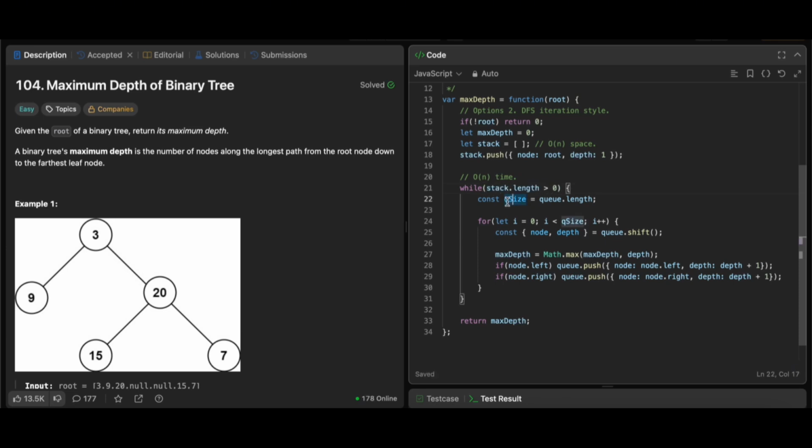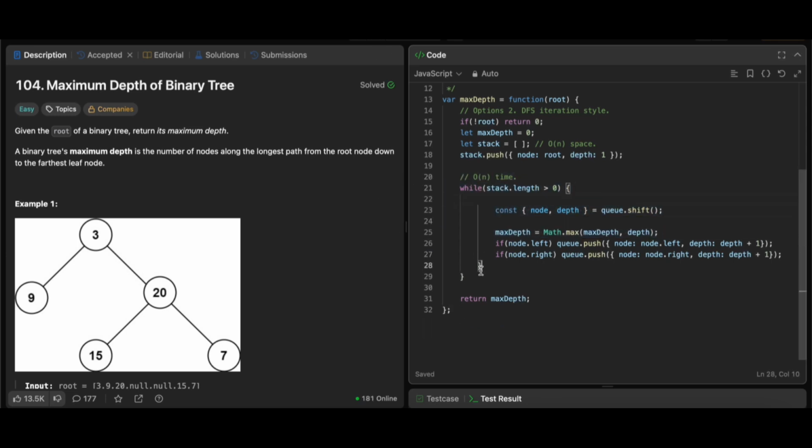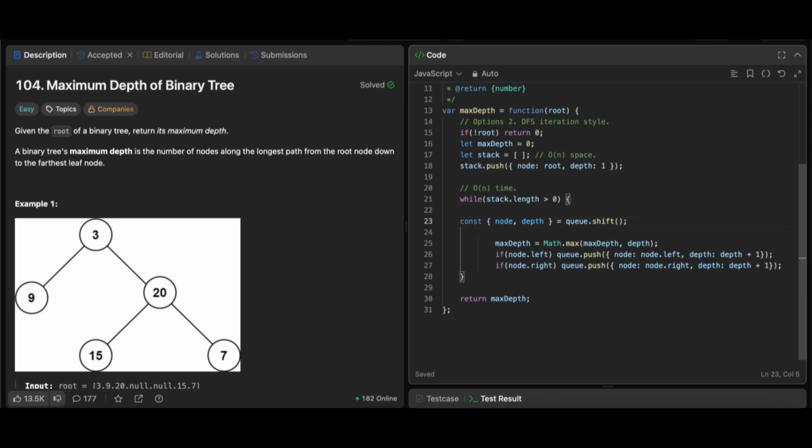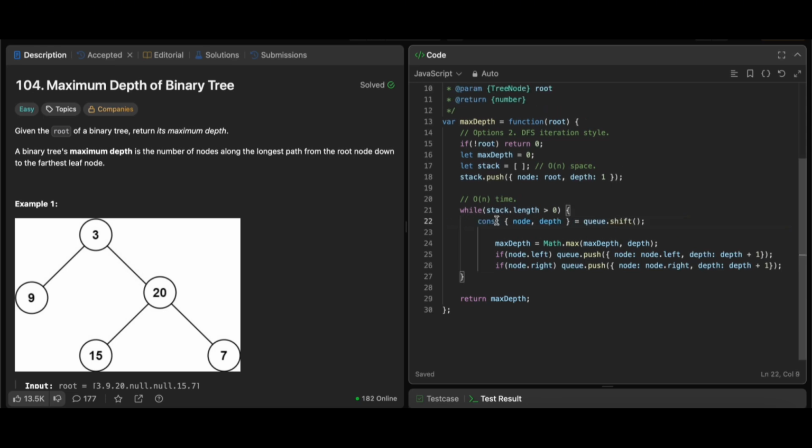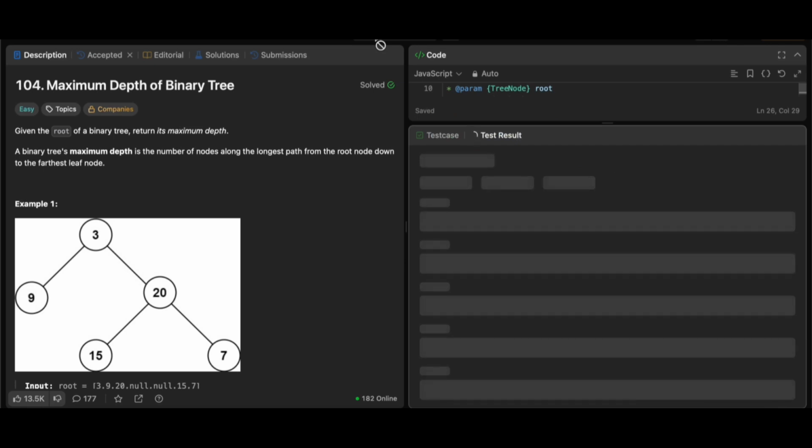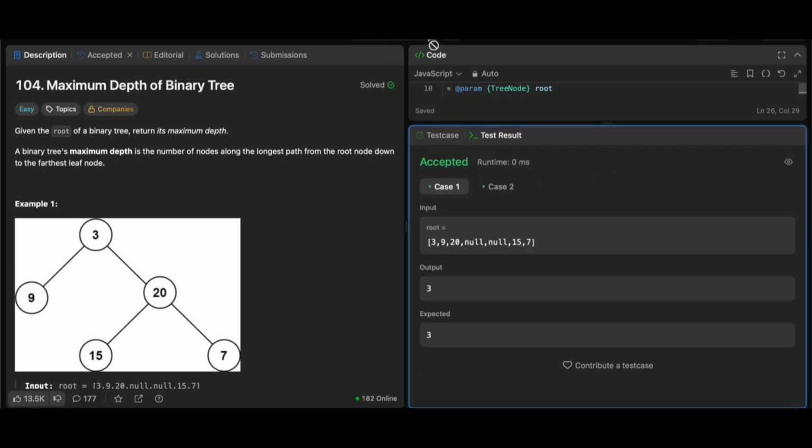Then the stack length is, yes, we still need this, but I don't think we need this. Stack is last in first out, so we're gonna use pop. Okay, then node.left, it will be stack.push. This one is also stack.push. Okay, let's try. Yay, it's working.